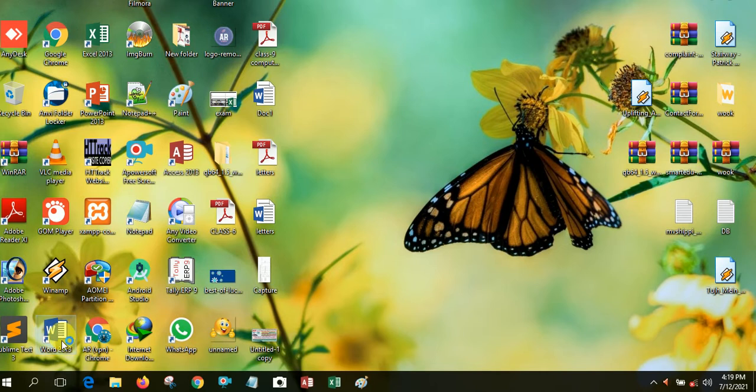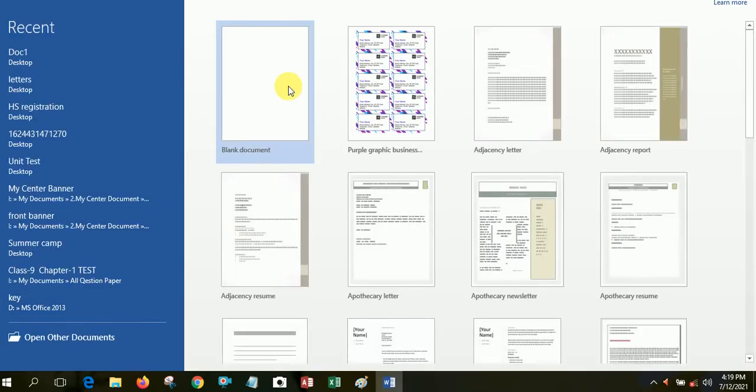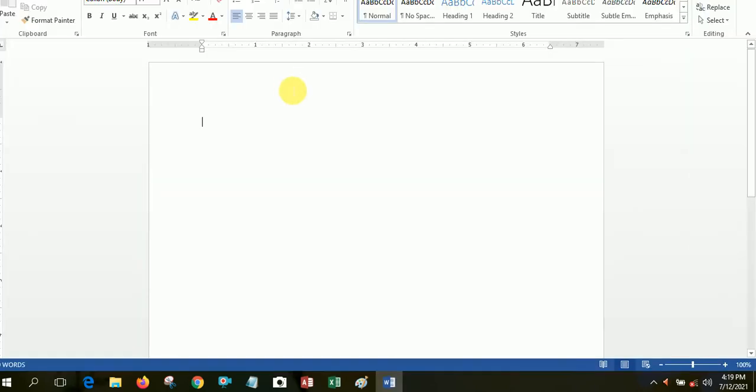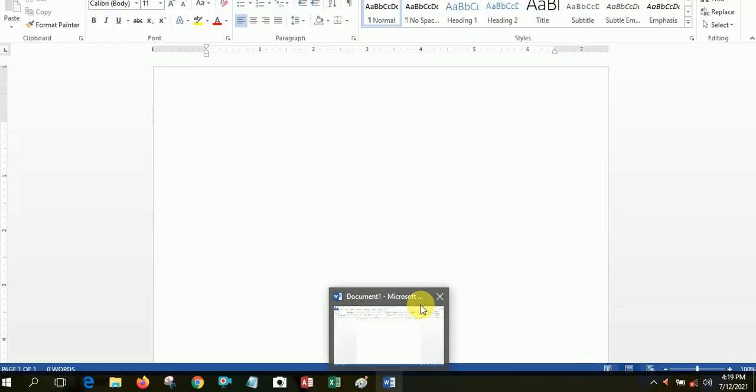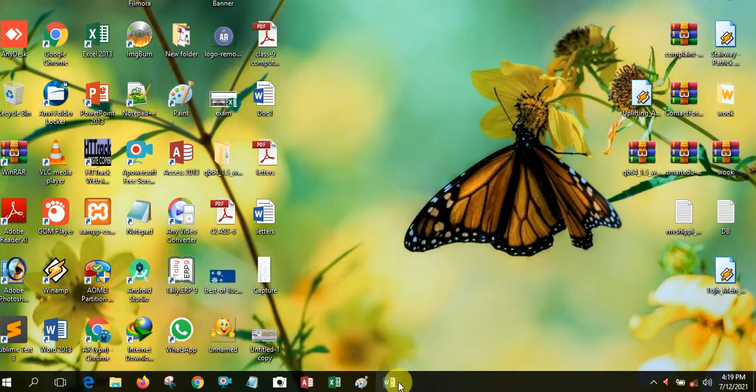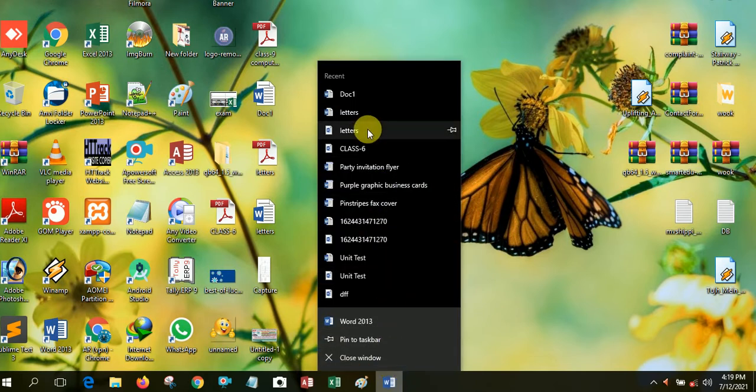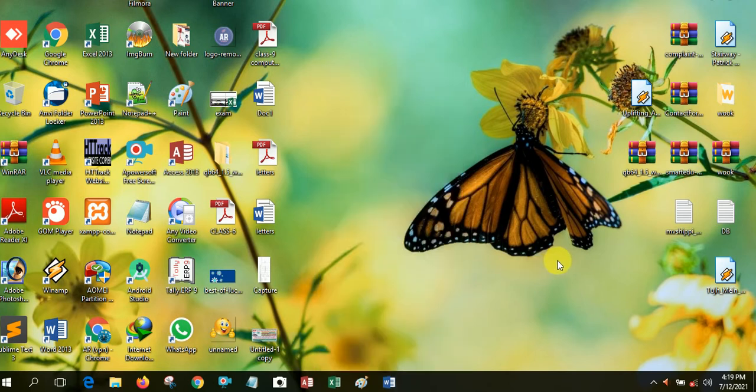Suppose I forgot my saved document. Just minimize it, and on the taskbar you can see the Word application running in the background. When you right click on the application, you can see my saved documents, for example party invitation, this one. It's called jump list.